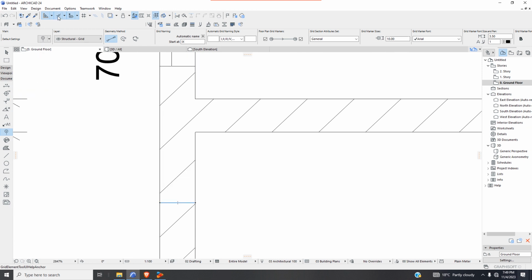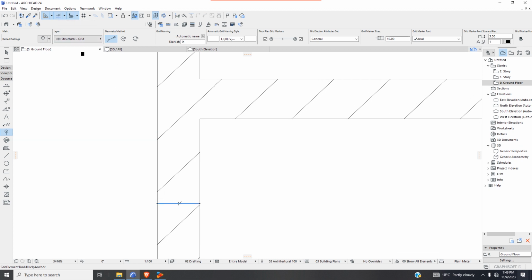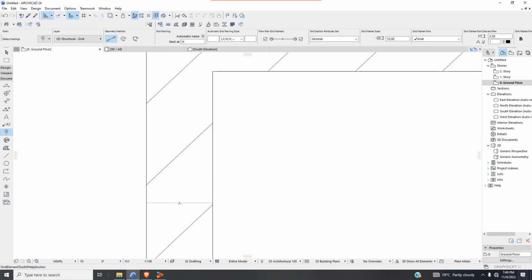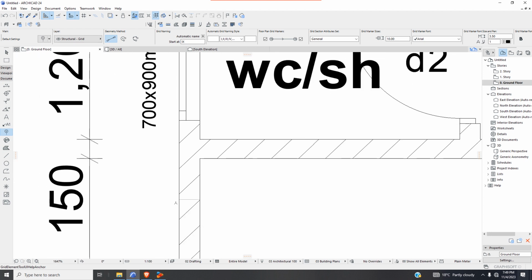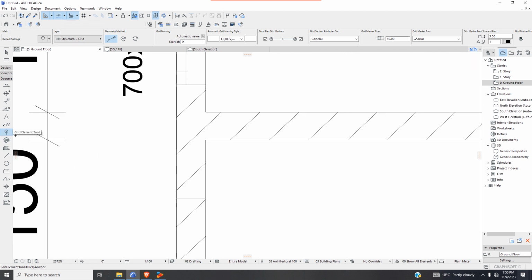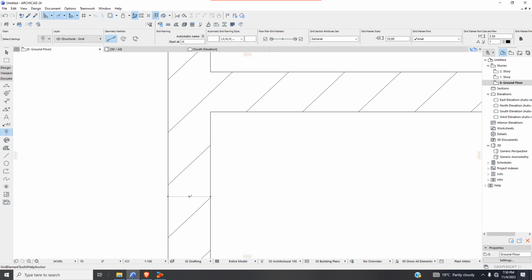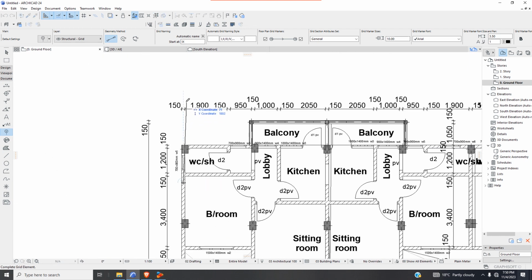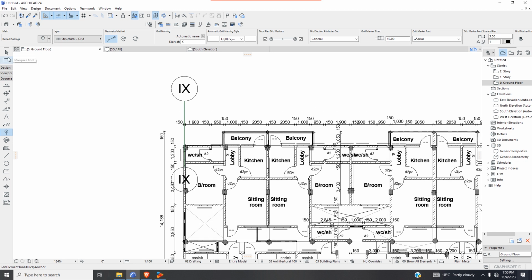So to add a grid, you just need to... the grids are lines at the center of the walls. Okay, so make sure you draw your grid at the center of your walls and not your columns. So I'll add my first grid, and when I'm drawing this line, you can see it is snapped in a horizontal direction. And when I have activated my grid element tool, my line will be snapped at the center because this is checked. So if you cannot see the center of this line, just make sure you check this